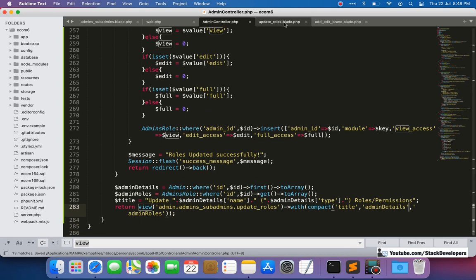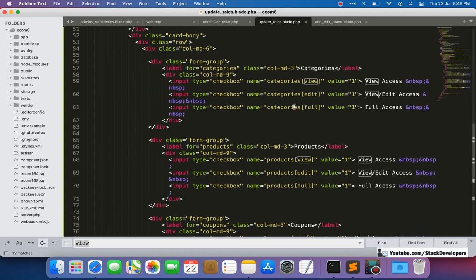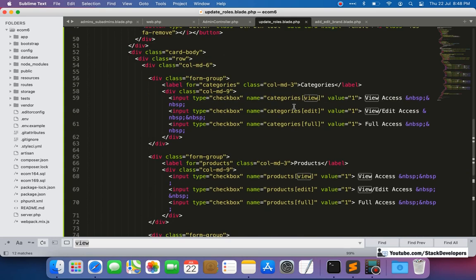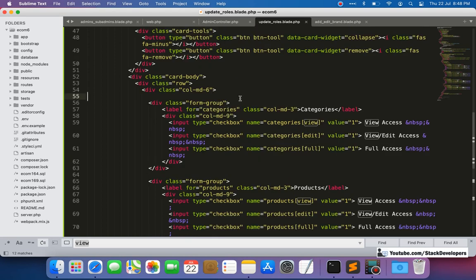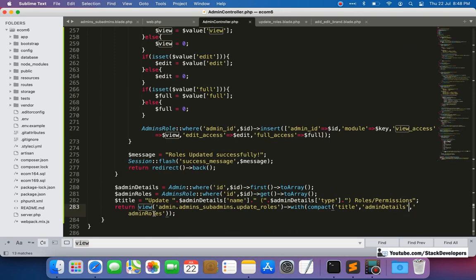So now we are going to update here roles. Here we can first check that the admin role is coming, like for every form group here we can add. First of all we need to make sure that admin role is not empty. What variable have we given?